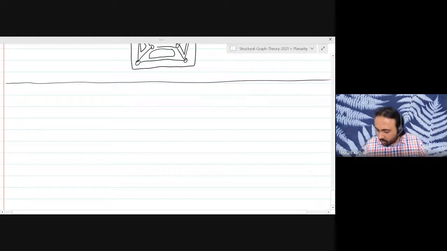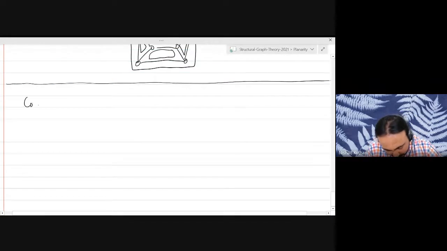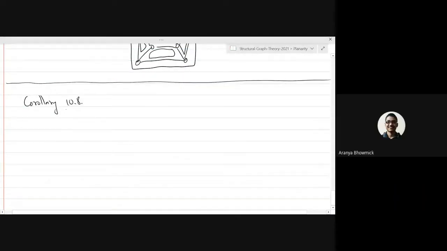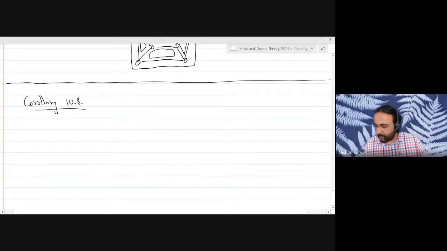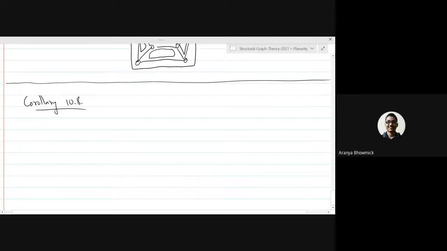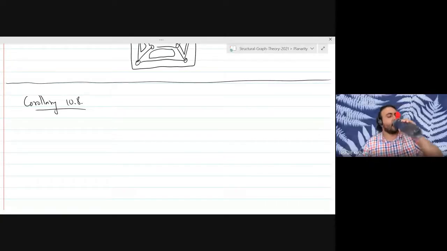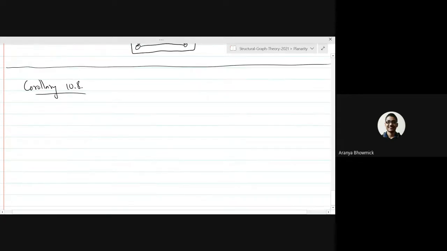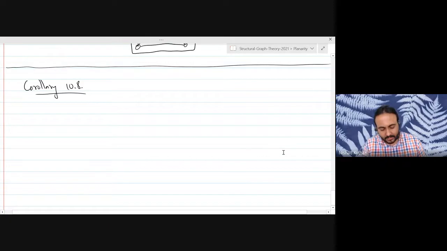I want to mention one quick consequence of Whitney's theorem, which we will find useful later when we talk about three connected planar graphs. Sir, I have a question. So once we prove the conjecture for non-separable, non-planar graphs, then we are done. Yeah, that's right, because then it will be for all non-planar graphs, and since we know it for all planar graphs by this argument, it will be done for all graphs. Am I right? Yes, that is right.